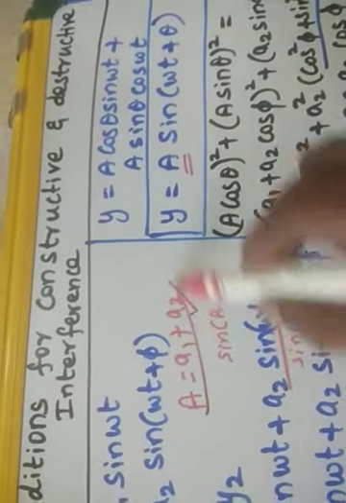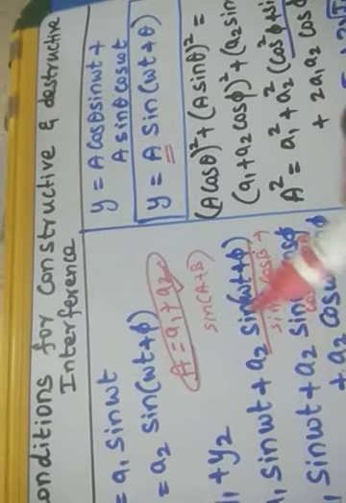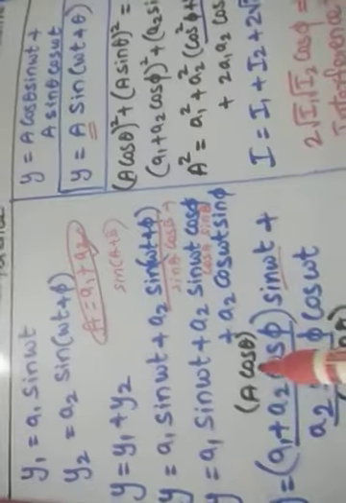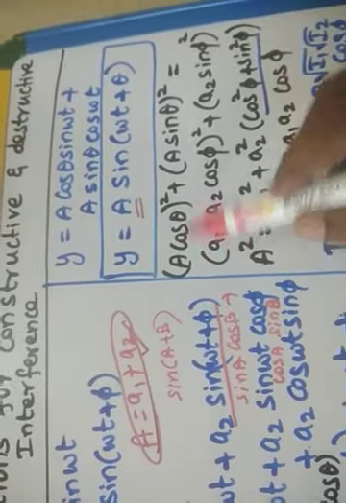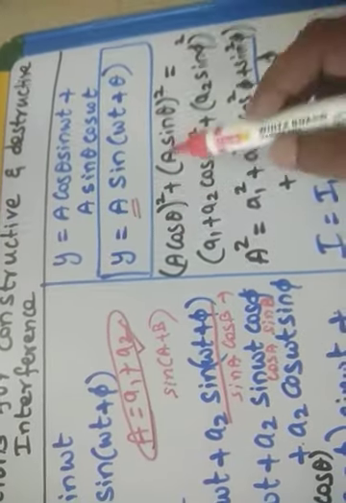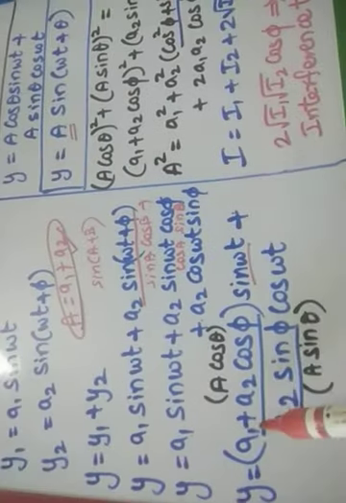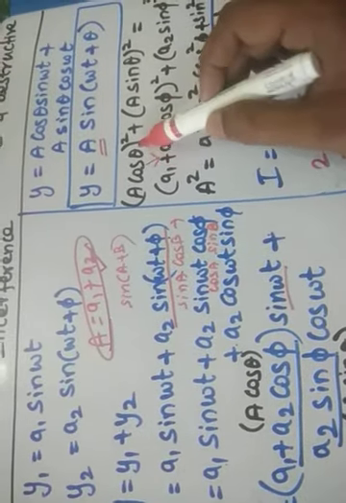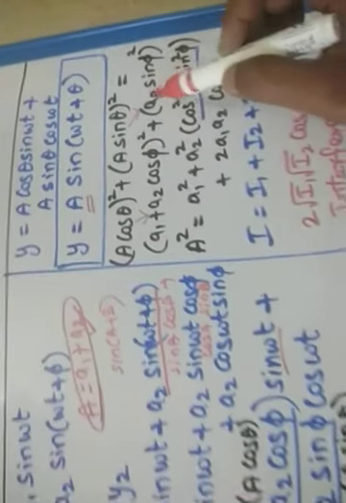But this would give only a bright fringe. But Huygens says that there will be a bright fringe as well as a dark fringe. That is the proof given hereafter. Very simple, students. We are assuming A cos theta and A sin theta as this. So simply add these two waves by squaring and adding. A cos theta plus A sin theta, the whole square, is equal to a1 plus a2 cos pi, the whole square. Instead of A cos theta the whole square, we can write this, and instead of A sin theta the whole square, we can write what we assumed earlier.